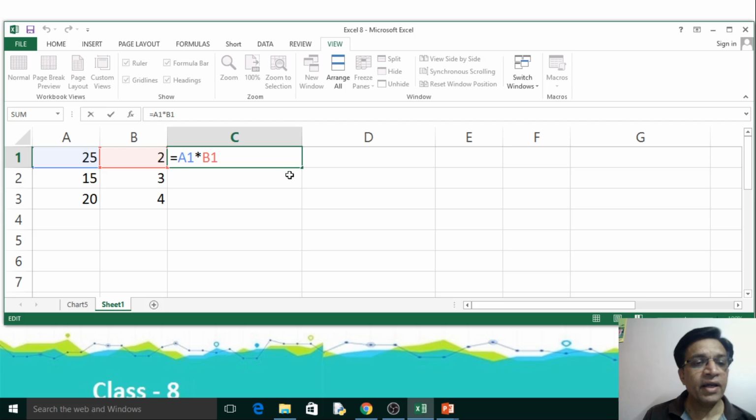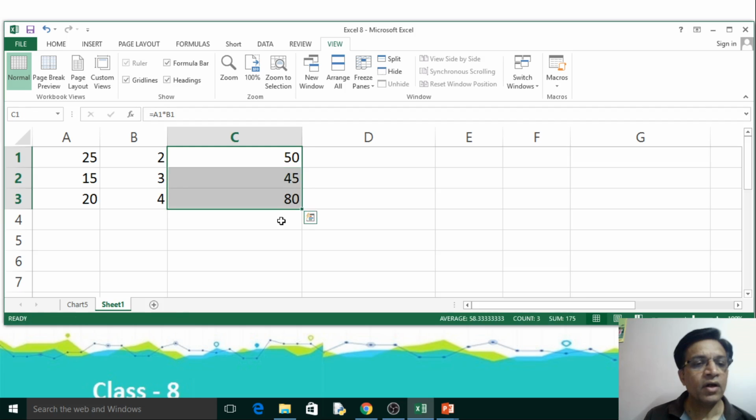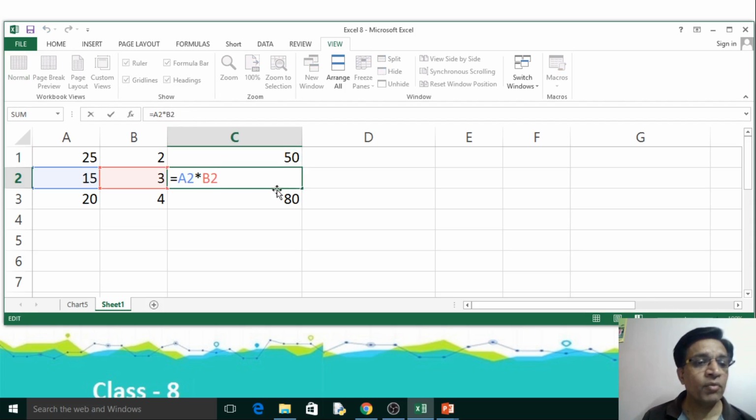Right, now if I click here and come to the corner, you see this small plus sign appears. If I drag it down, I get the results in all the cells. The formula gets copied, but the formula here is A1 multiplied by B1, here it is A2 multiplied by B2, and here it is A3 multiplied by B3.